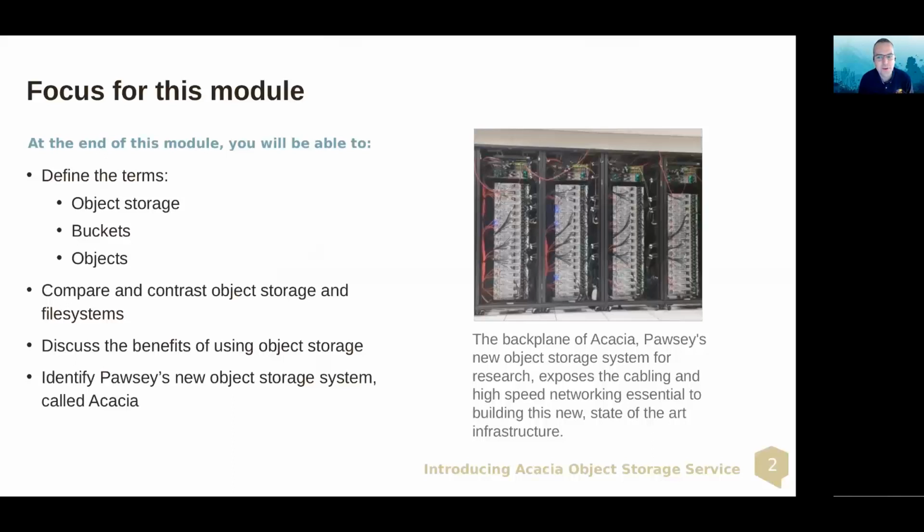All right, so let's introduce the Acacia object storage service. The focus of this module is to define the terms: what object storage is, what a bucket is, what an object actually is, in a way that you'll be able to compare and contrast object storage and file systems. You may have used file systems in the past on your computer, on Pawsey, and